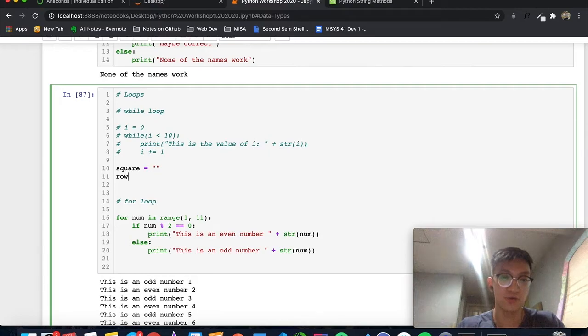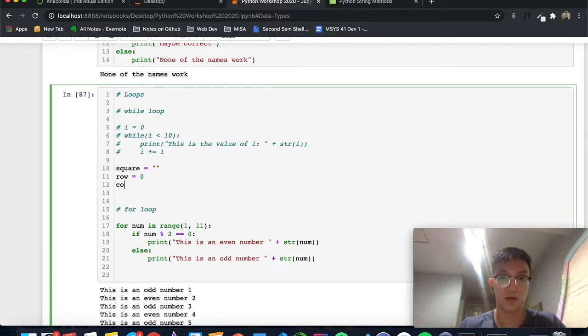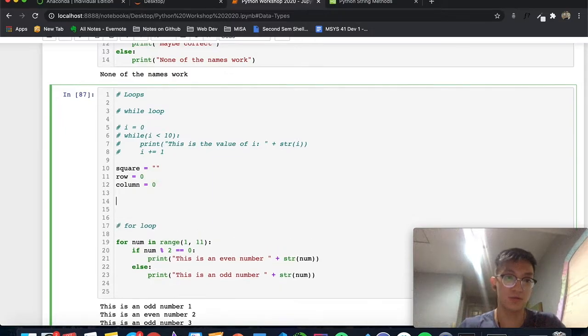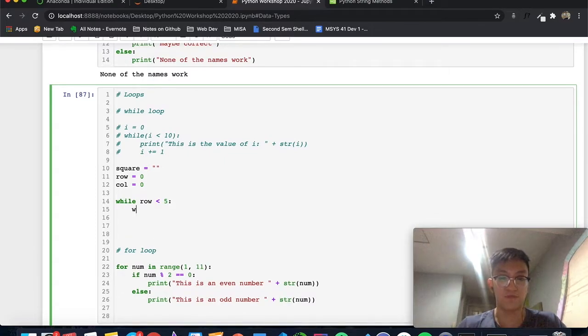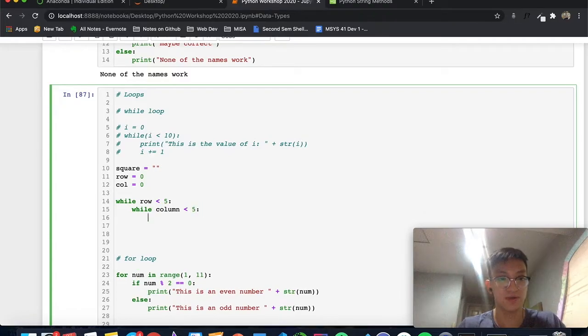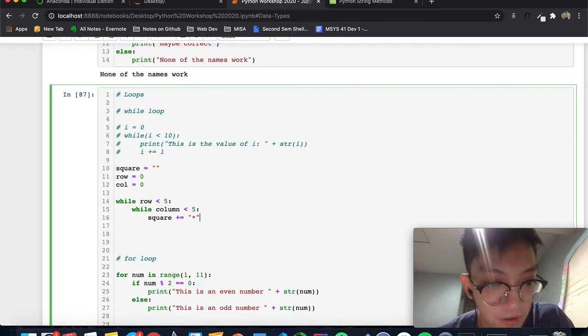Let's say row is equal to 0, column equal to 0. Let's call it col so it's easier to read. So while row is less than 5, because we start at 0, then while column is less than 5, we're gonna add an asterisk to square. Then once that's done,